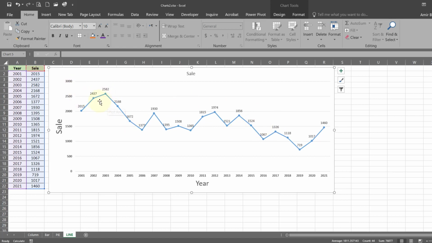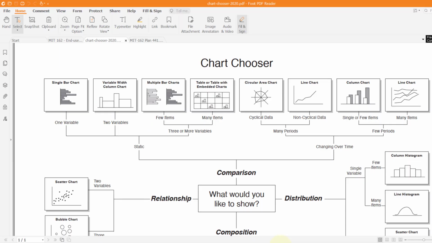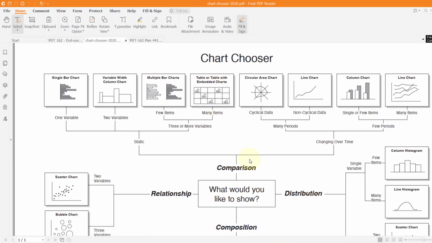Line chart is usually based on data where you have a lot of values in one of the categories. We can have years in one column and sale in the other one. And we will have a look at our chart chooser, and here you can see we have comparison.